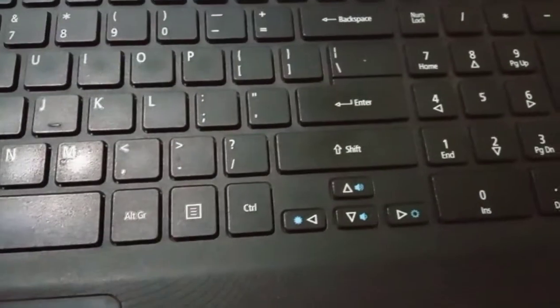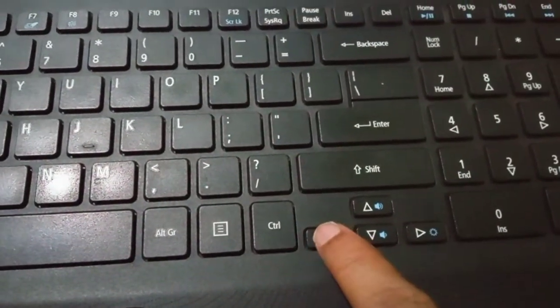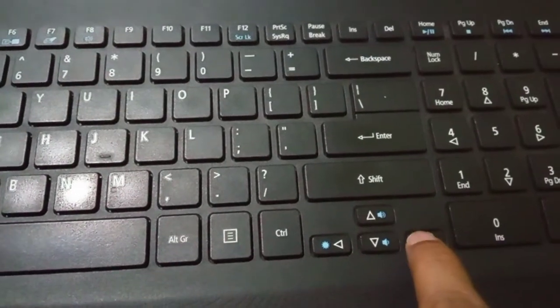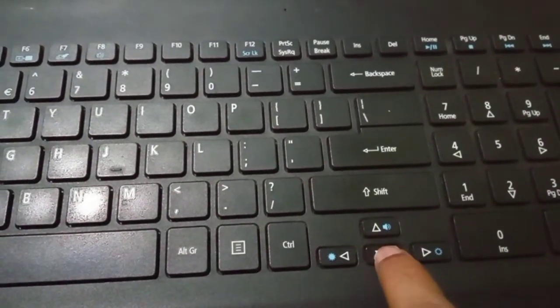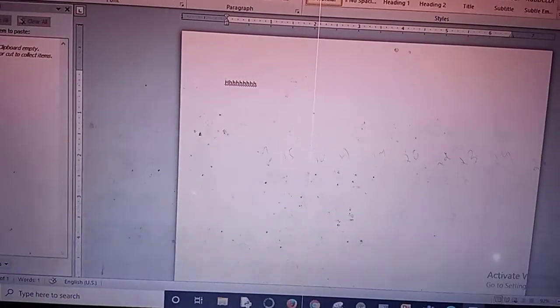So if you want to move that cursor down, you can simply hit the enter key. So look at that, if I hit the enter key, then what happens? The cursor is moving down. Then using these arrow keys, look at that here, right arrow, left arrow, down arrow and up arrow. So by using this, you can move to the right side, you can move to the left side, you can move to the down side. So anywhere you can move. Okay, so this is the use of cursor movement.